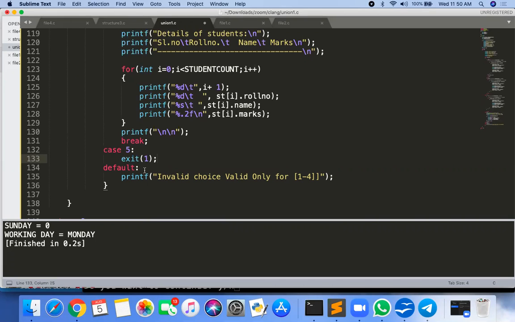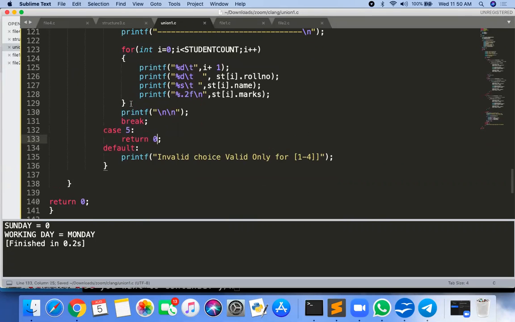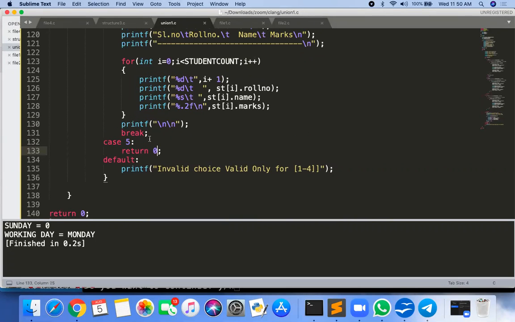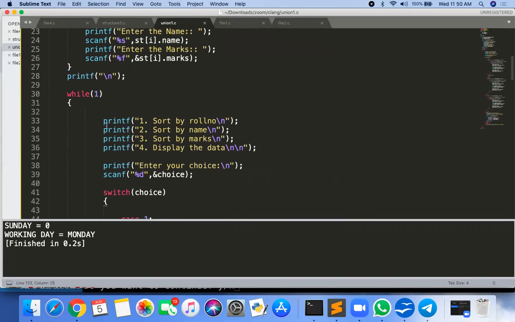Exit. Directly exit, or directly return. You can directly use a return statement here. Return 1, or return 0 here itself directly. When you enter 5, return 0. Okay. So no need to put the ch again here, directly while loop.